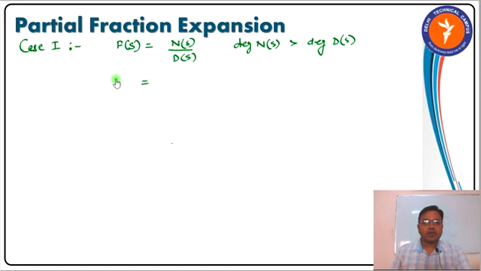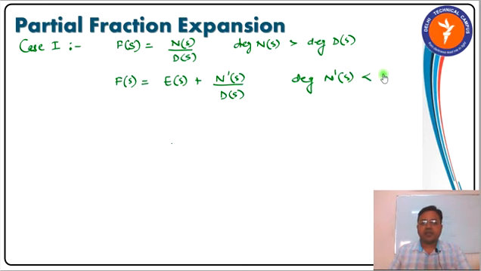in the form, say, F(s) equal to, say, Q(s) plus N'(s) divided by D(s). That is, after division I can write this like this, where this is the quotient, this is the remainder and this is the divisor. Now, since it is the remainder, it is obvious the degree of N'(s) must be less than the degree of D(s). Now if its degree is less than the degree of D(s), we can apply partial